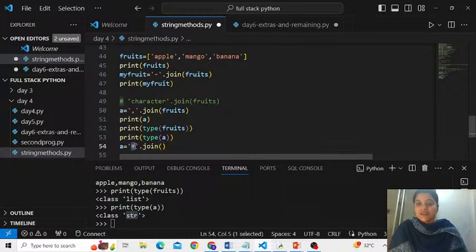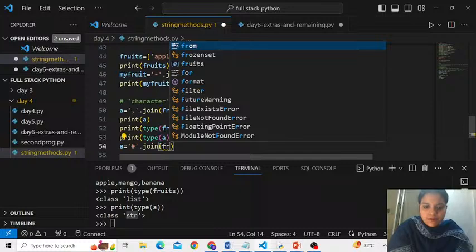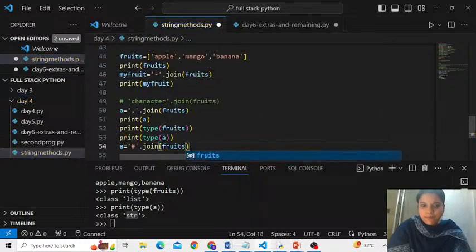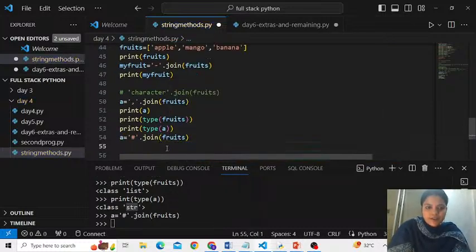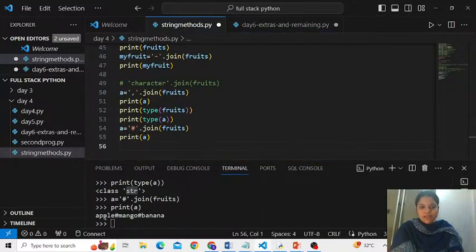Got it? That's the reason it's a string function. So I say print A. Correct? So apple hashtag mango hashtag banana.